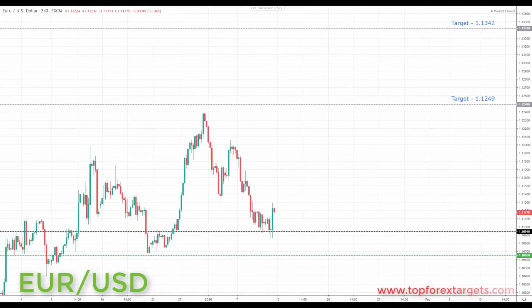So the next market we're going to look at is euro dollar. Now, last week we were looking for a pullback in the euro dollar, and we started to actually break just down below the level we were looking at last week. So we've adjusted this down very slightly to the 1.10940 going into this week. So this week we are now sitting at the 1.10940, which is a key area of broken resistance, turning support from last week.